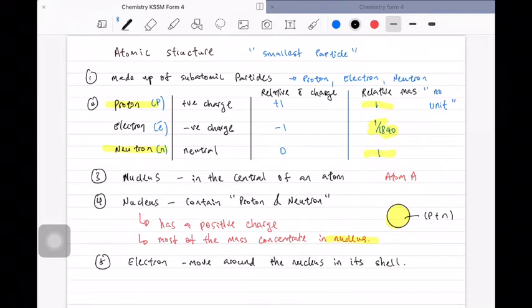Alright, what does this mean? Okay, earlier on we say this is the nucleus. Alright, so electron moves around the nucleus in its shell, means